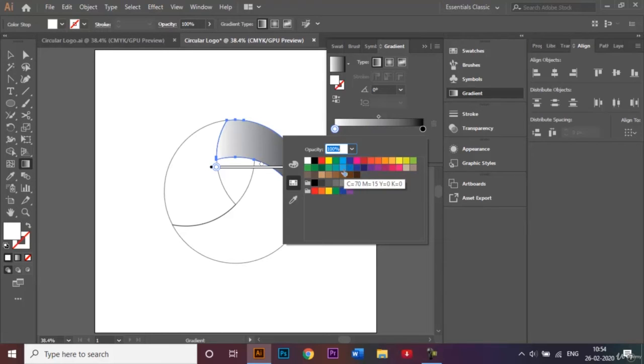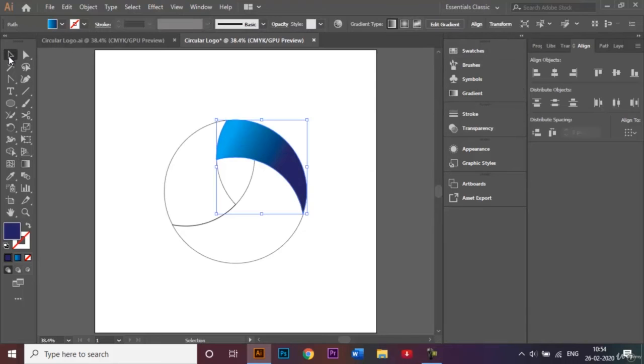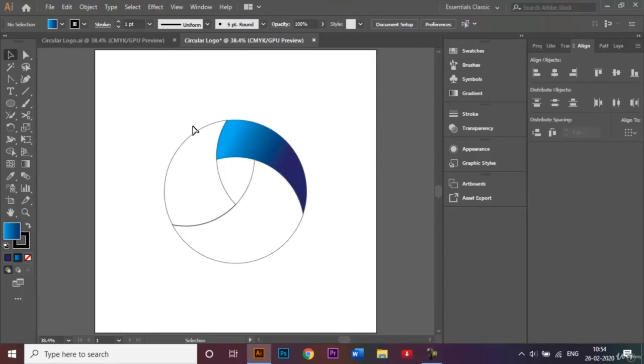So I'll be using a light blue color. And instead of black, I'll be choosing this nice dark blue shade. And I'll be changing the angle like that. Okay. So once that's done, we can go ahead and add the same gradient on these two other shapes as